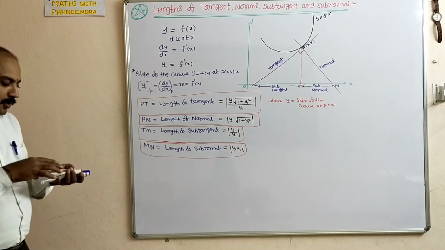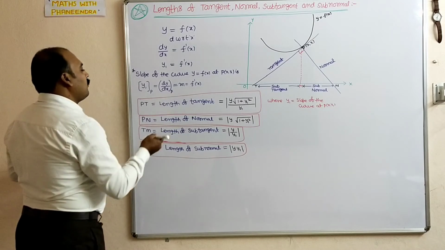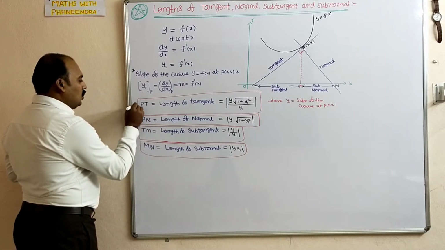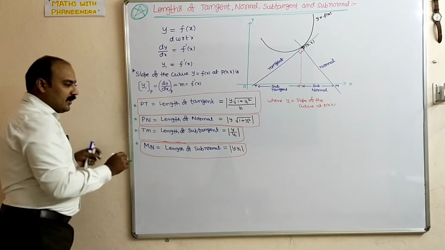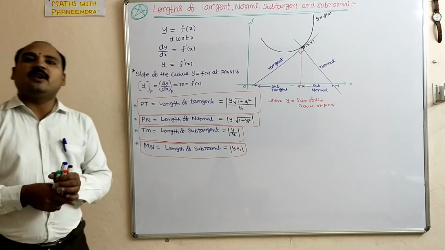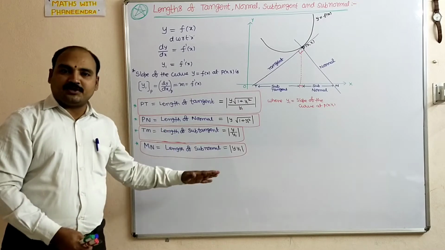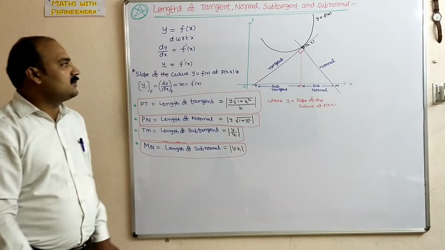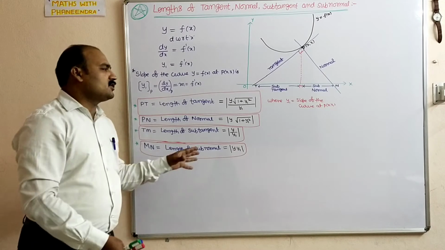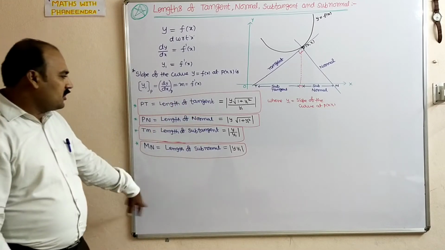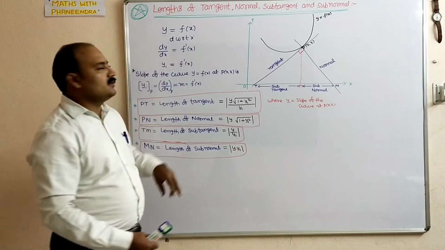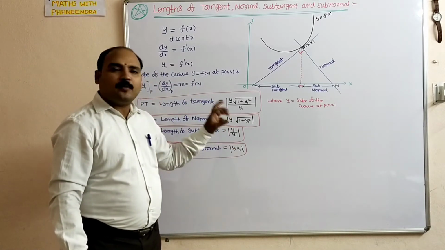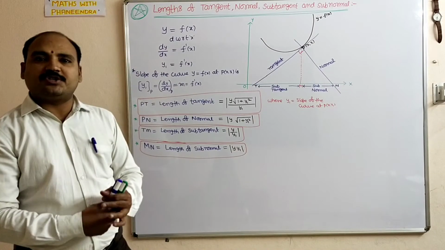These are the four important formulas which will play the important role in tangent and normals. Based on these formulas, we will discuss a number of questions in this session. This is the brief explanation. You remember that. And here y is the y coordinate of the point. Here y represents the y coordinate of the point. We will discuss the questions based on this.